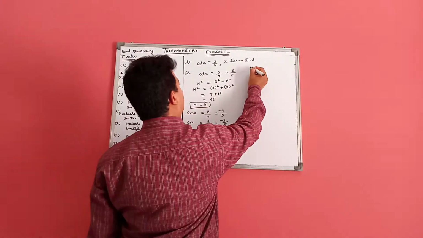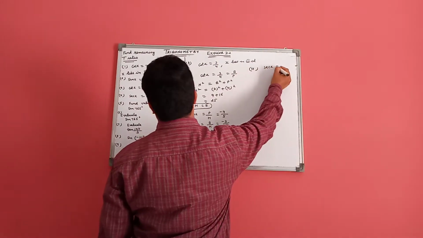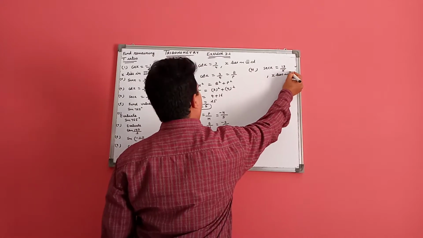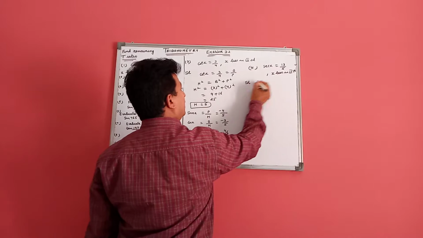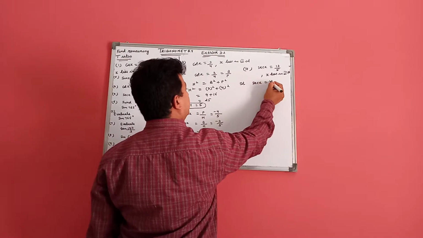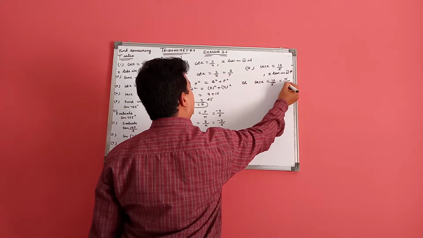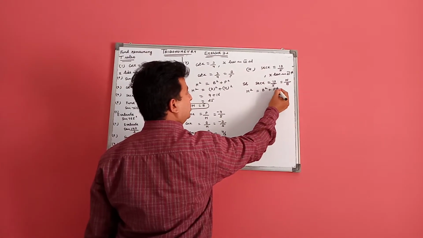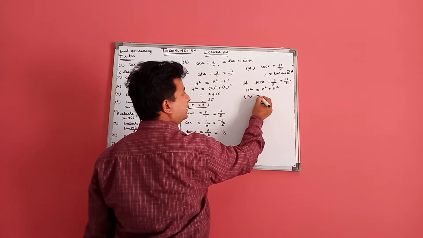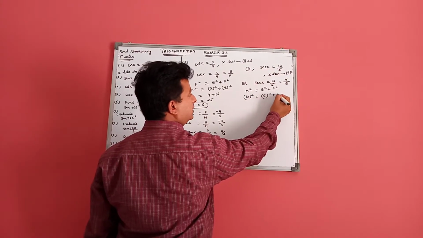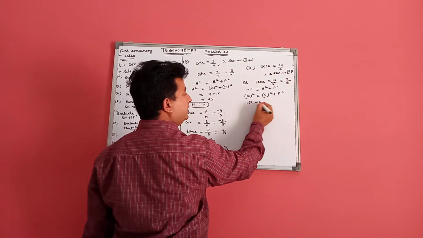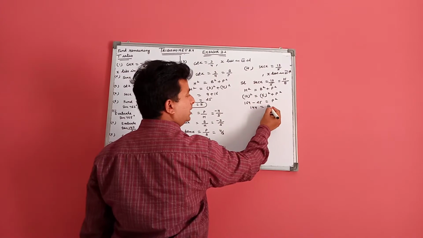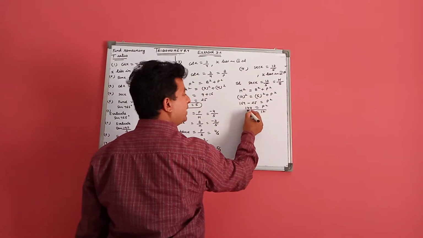In question number fourth, we have secant x equal to 13 by 5. x lies in the fourth quadrant. In this question, secant is 13 by 5, that is h upon b. According to Pythagoras theorem, h square equal to b square plus p square. Base is 5. Perpendicular is required, that is 169 minus 25, 144 equal to p square. p is equal to 12.